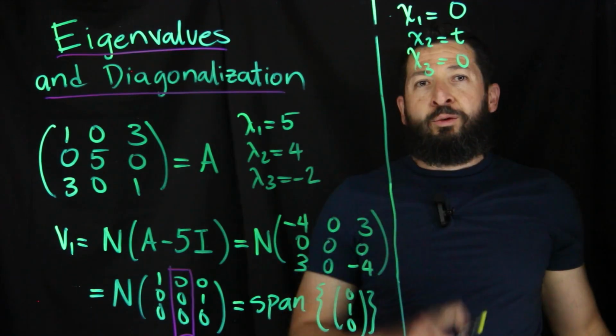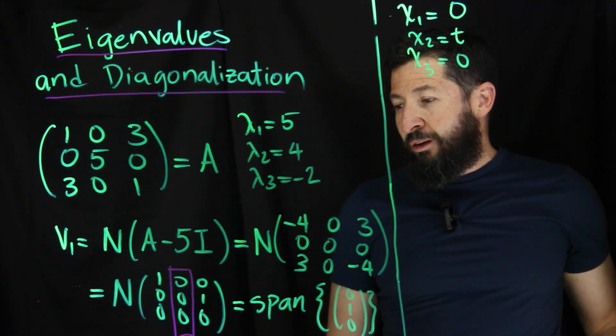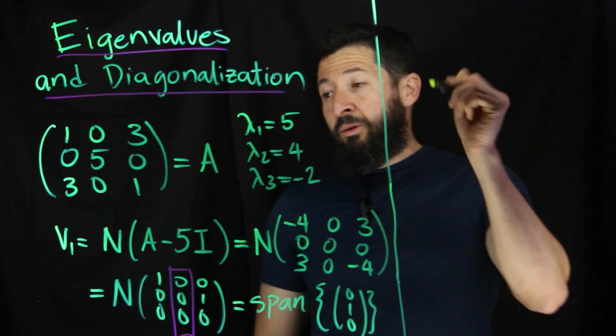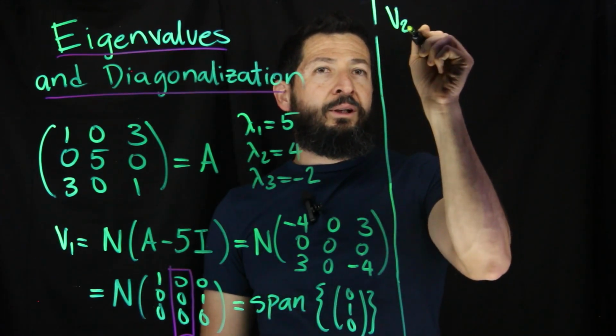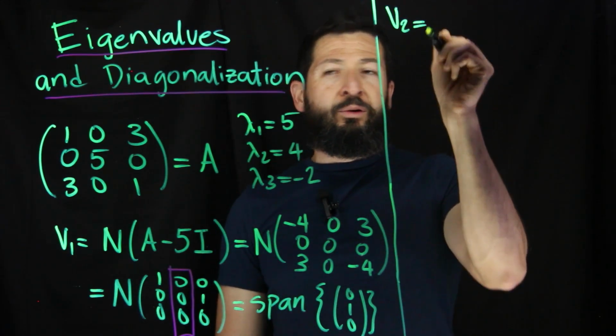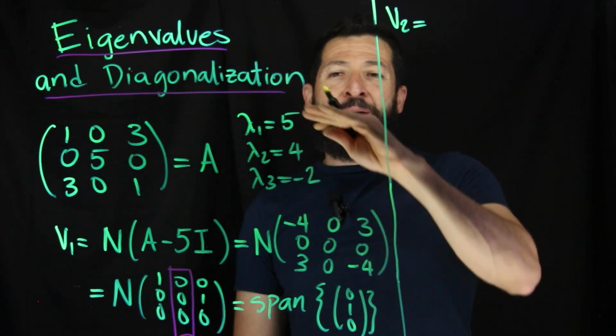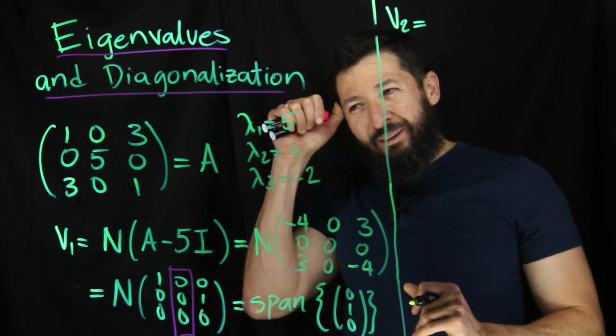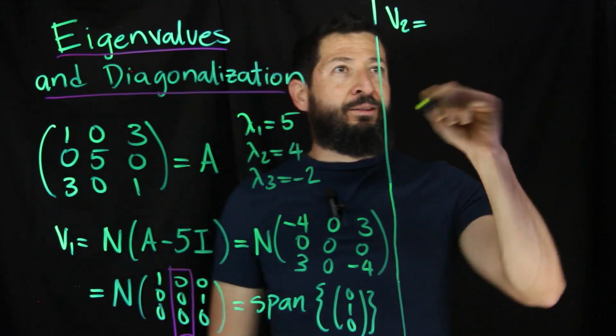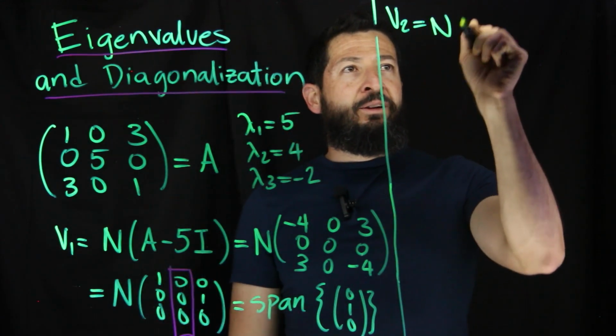I'm going to rewrite this for space's sake. So I'll be all right. Now we do the next one. So v2, and I'm writing them in no particular order. Well, no, actually, take it back. I put them in non-increasing order, but that's preference. You don't have to do that. So this will be the null space of